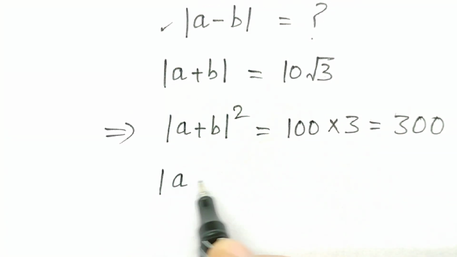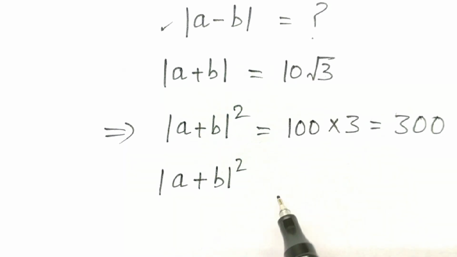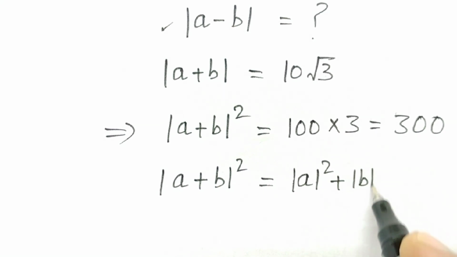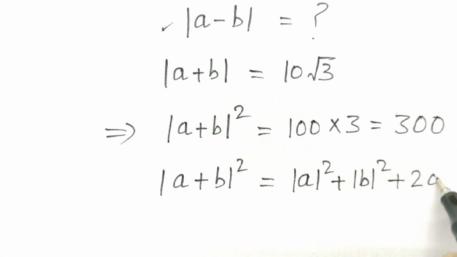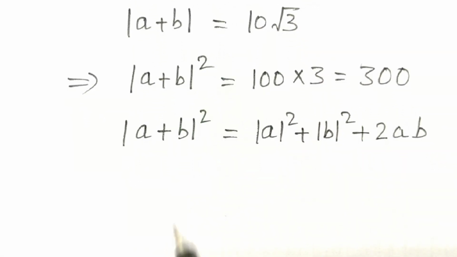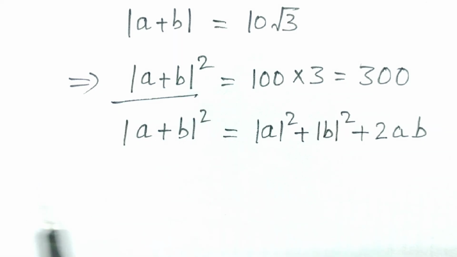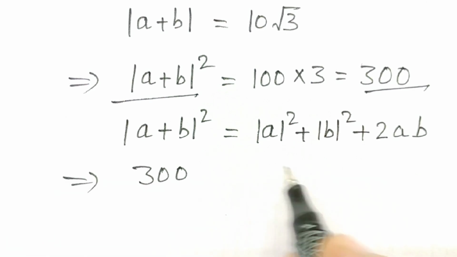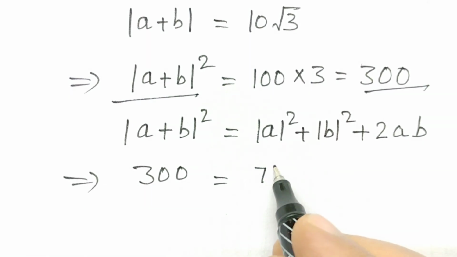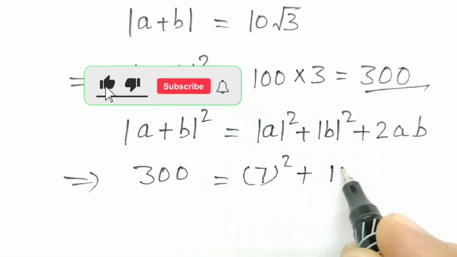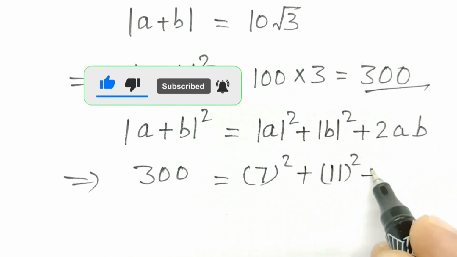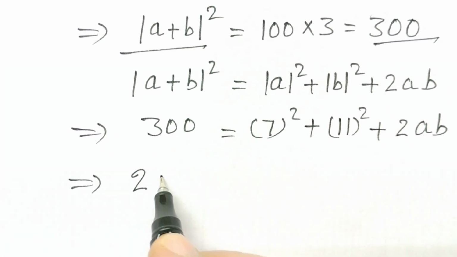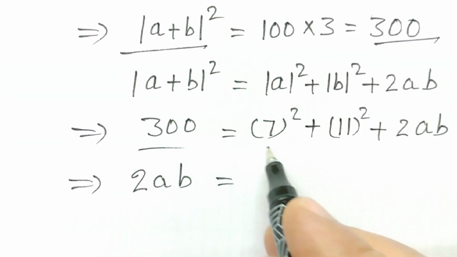So |A + B|² = |A|² + |B|² + 2A·B. As this is equal to 300, we can write 300 = 7² + 11² + 2A·B. So 2A·B will be equal to this,